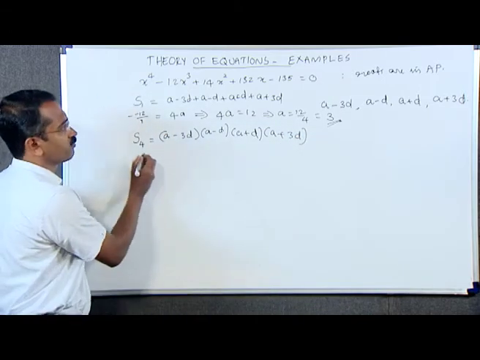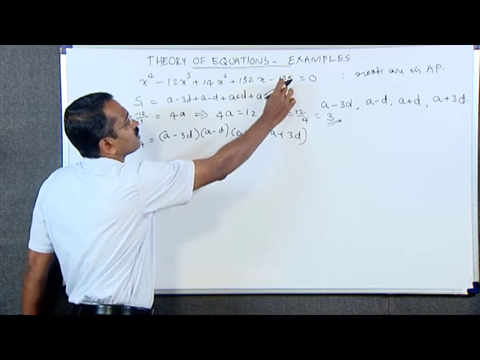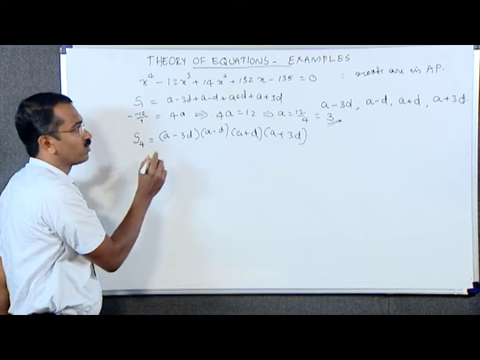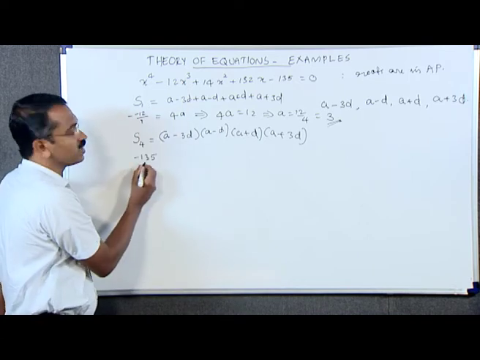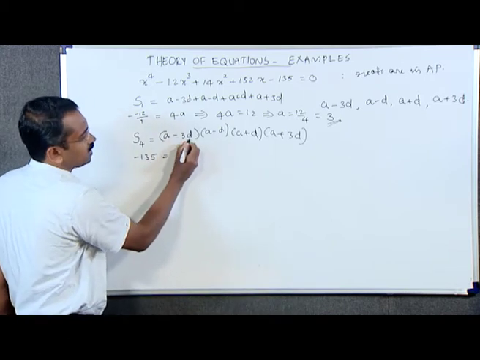That is S4 is equal to minus 135 divided by the coefficient of x raised to 4. We can write minus 135 divided by 1, which means minus 135 itself, is equal to a minus 3d into